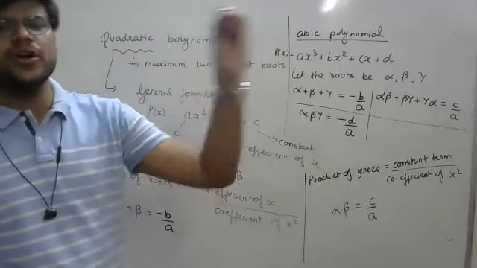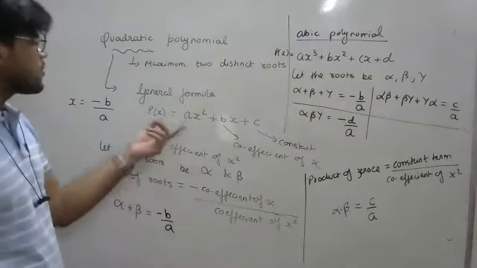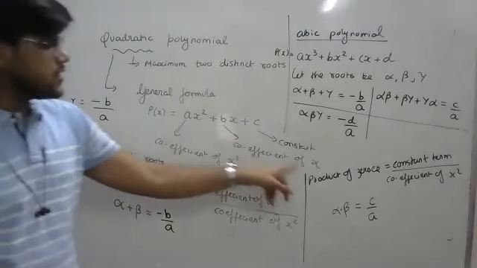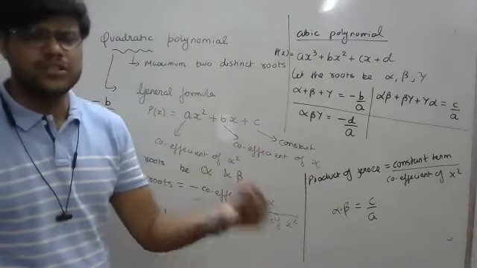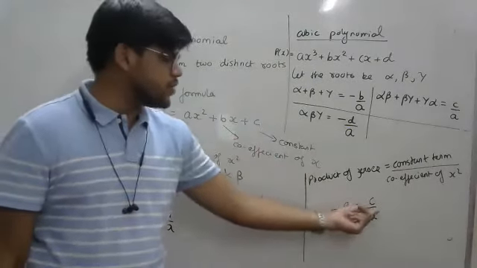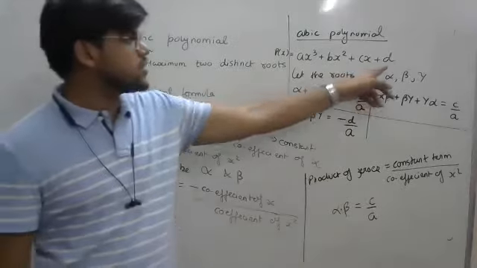Okay. And for the product, the understanding is that the denominator is always a and the numerator is the last term, the coefficient of the last term. When we had a quadratic equation, the last term was c. I mean, not last, you can say the constant term. The constant term will be written in the numerator in the case of product.